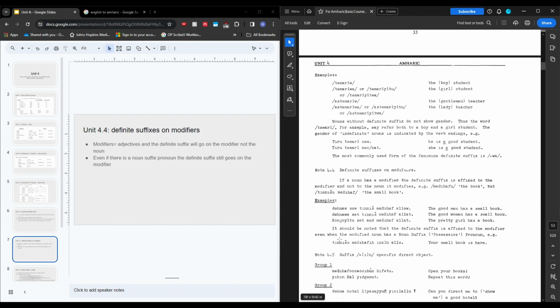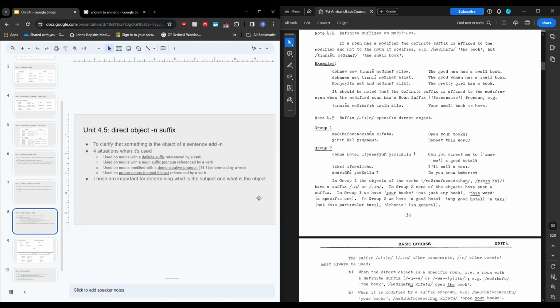This is your book. Small book, I don't know how to make it, it's supposed to be emphasizing that it's this specific book. Izi is here, and then Allah is like it is here, like it is there. So your small book is here, and this is talking to a male for your, because it ends with an H. If it ended with an SH, it'd be talking to a female.